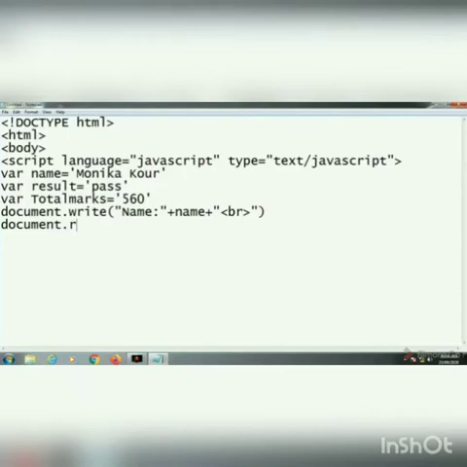And I will add the br tag to bring the next line, otherwise the next line will also come with the first line. So the br tag can be used by using quotation marks and putting a plus sign. Plus sign, I have already told you what the use of plus sign is, to join two strings in JavaScript. And here same process, I can add result within quotation marks, then colon, double quotation, then plus sign. Then after that, the variable name must be the same as the declaration.